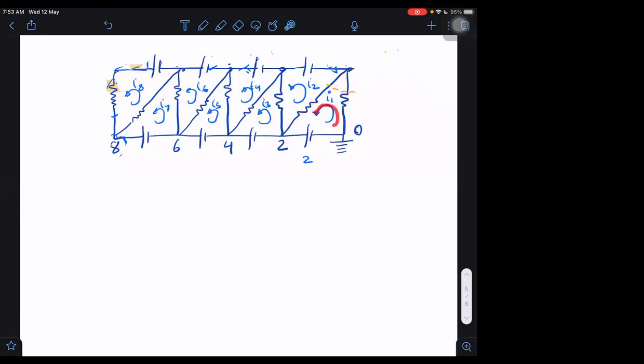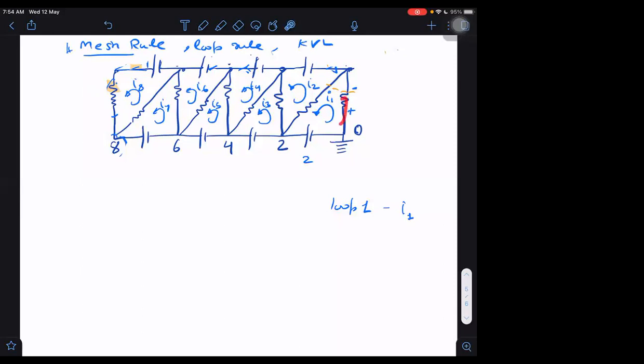If the current is following this pattern, then I will take plus or minus accordingly. I am taking loop 1, where the I1 current is. Sometimes we call it the mesh rule. You may call it the mesh rule, the loop rule, or KVL. All these are similar. Rather than saying loop, we can say mesh analysis. By that we do this.